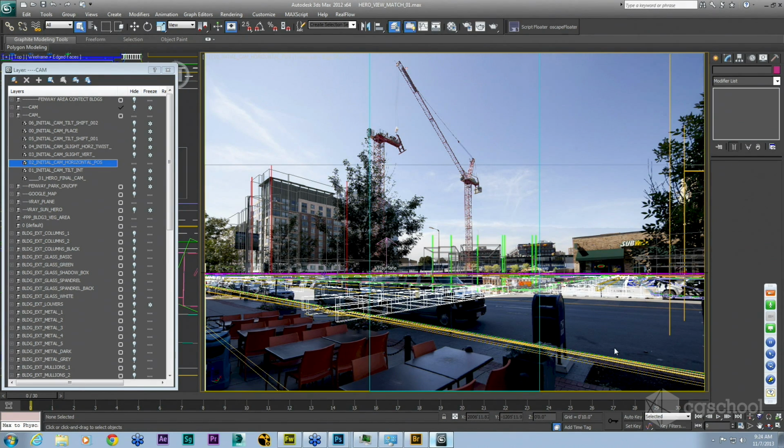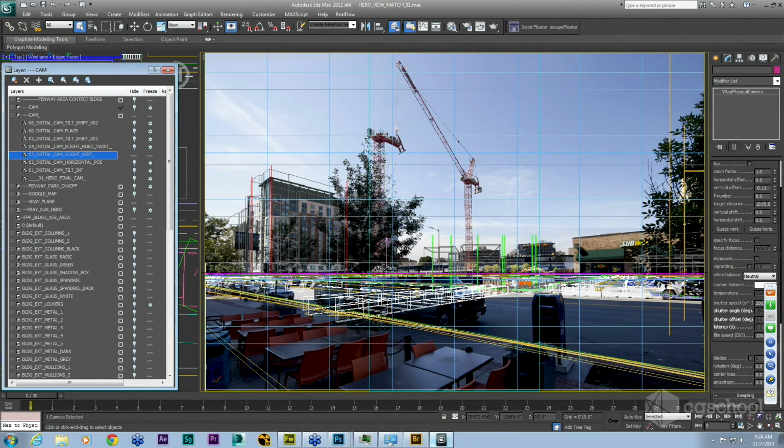And then this is the point where I selected the camera and I realized that I was standing on my tiptoes and I should probably adjust the camera just a little bit. So the other camera was at 6 foot. If we look at this one,